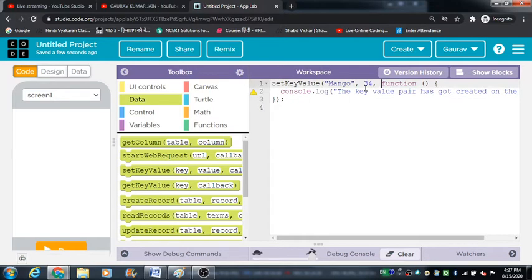So this message is for verification. If the key value pair gets successfully created in the data browser, or you can say on the app's cloud, what is going to happen? I'm going to see this message in the console panel. Fine. So where is this message ending?